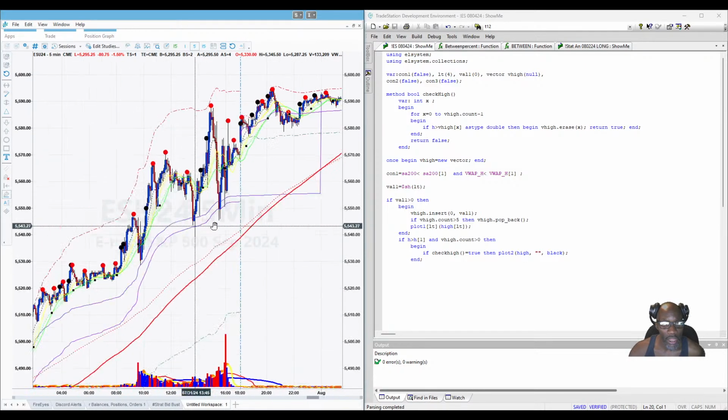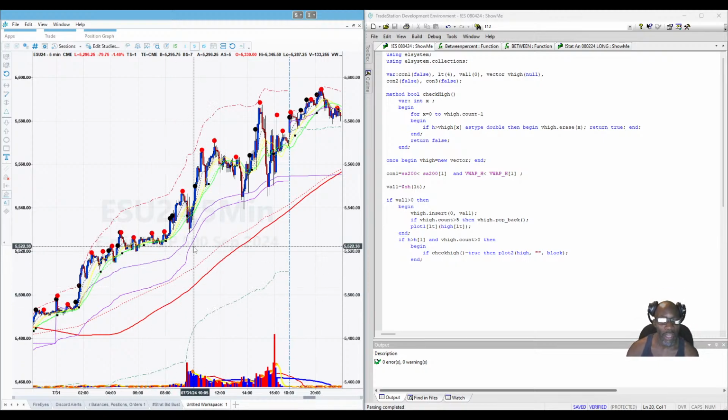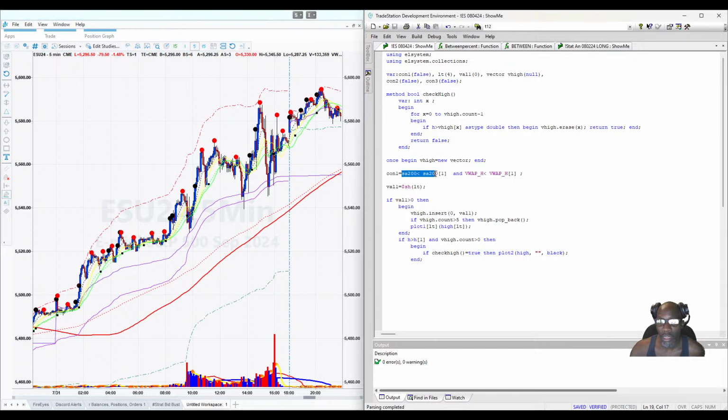Could be. All right, but I was only looking for this to give us entries when we have the 200 period moving average moving down, as well as the VWAP moving down, right? So we have that condition right here, condition 1. So we need to also say, we only want to store these values if we are in that condition 1